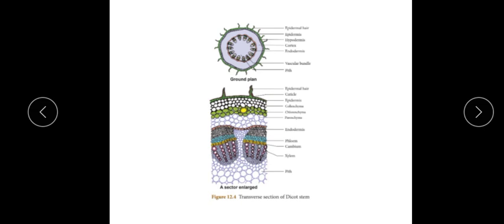Okay. Middle layer, you can see the cortex layer. In the cortex layer you can see this green colored structure which is the chlorenchyma. I pronounce the word: first layer is collenchyma here and the second layer is chlorenchyma. The word itself is there: chlor. What do you mean by chlor? Chloroplast is present. So since chloroplast is present, it is called chlorenchyma. Here photosynthesis actually takes place to some extent.